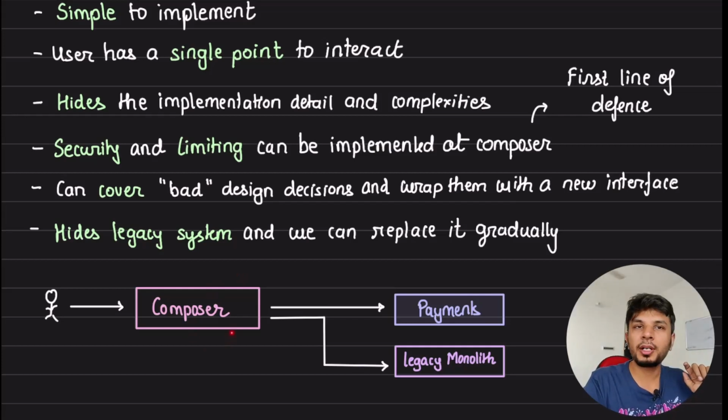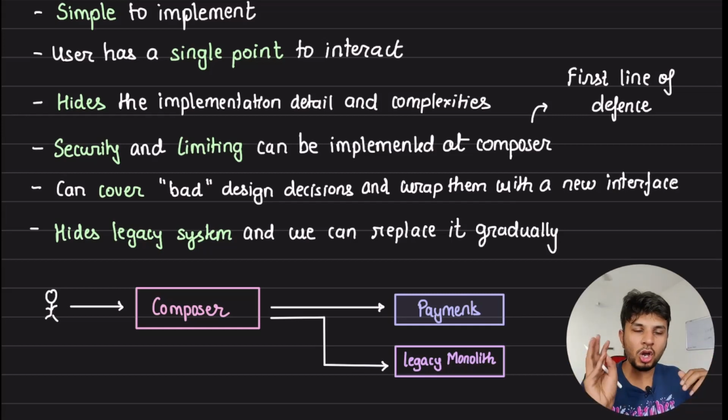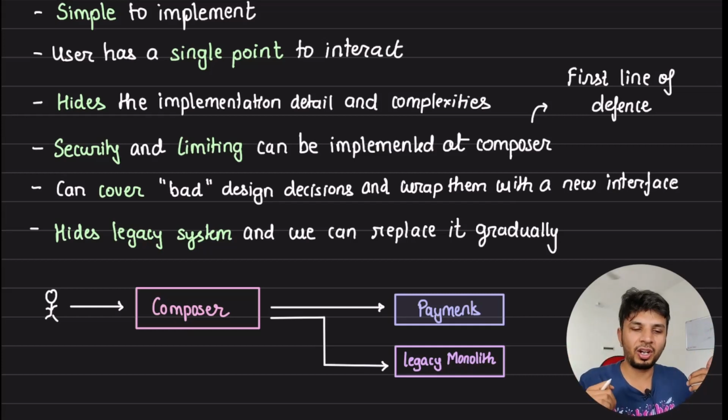Because we have a single point of contact for our user, on the composer side or on the gateway side, we can implement security, limiting, caching, and whatnot. So this becomes our first line of defense. Every single thing around logging, security practices, monitoring, everything could be applied on this composer side. This way, if we secure one, everything else is secured. That's a pretty neat way of ensuring your complete infrastructure security. So composer is again a very famous pattern to be implemented, because it makes life so simple